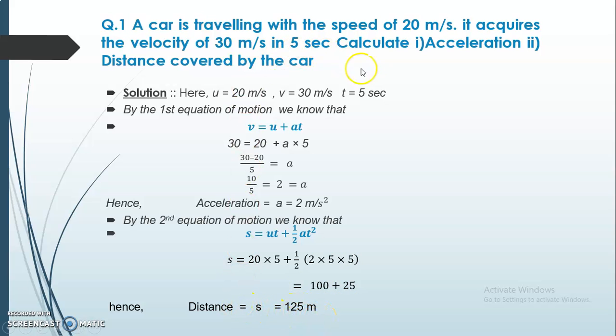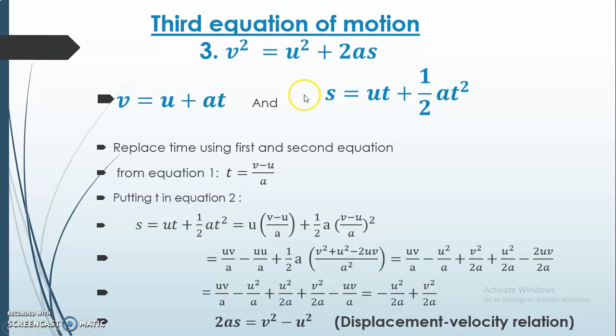Okay, so this is how you have to use these equations to find out different things. The application is very important, and at the same time these are the two equations, equation number 1 and equation number 2. The third equation can also be used whenever the time is not given. So in the third equation, if you remember, there is no time. V square is equals to u square plus 2as. So you can use this equation when there is no time given or asked in the question.